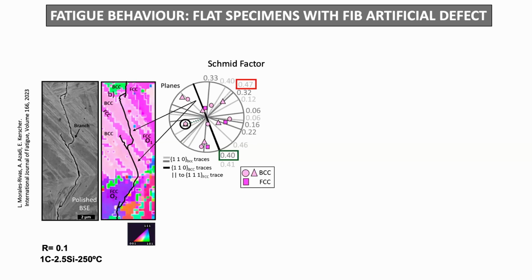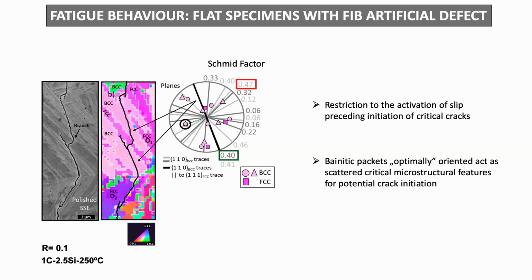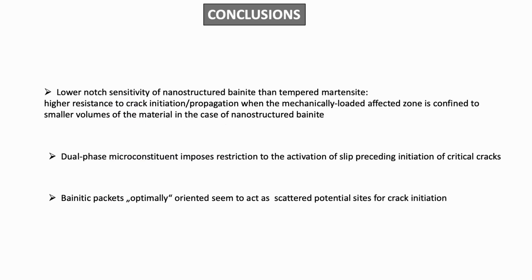That is also coplanar to one plane 111 of the prior austenite, as we can see here, which is in good agreement with the previous results that I showed on the bulk specimen. So this is something that can suggest that there is a restriction to the activation of slip preceding initiation of critical cracks in nanostructured bainite, and that bainitic packets optimally oriented can act as critical microstructural features for potential crack initiation. So these are the conclusions, and I think